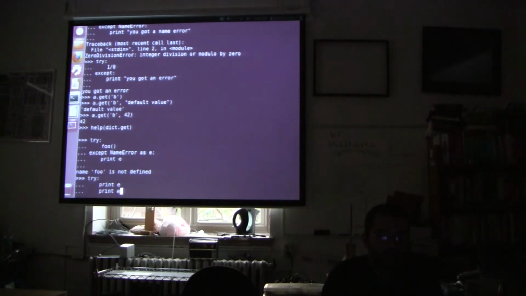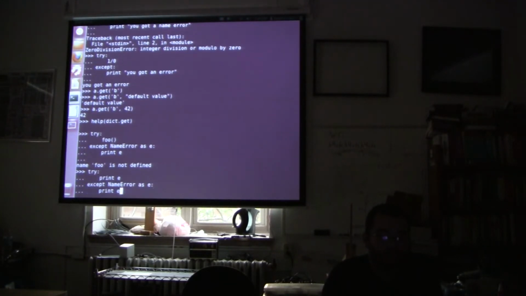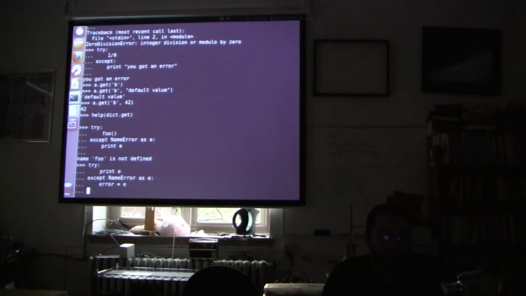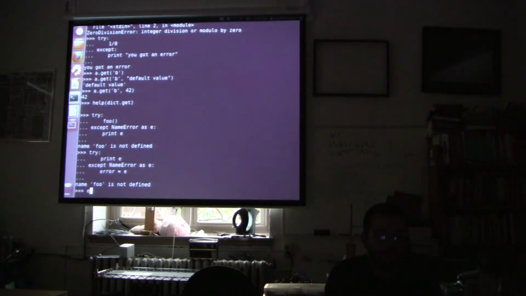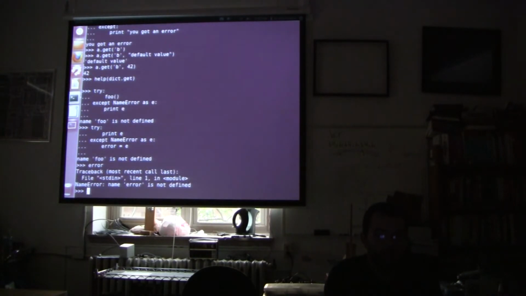If we try error equals e, error, nope, that didn't work. The error name that's in it is not the only thing contained within these exceptions.